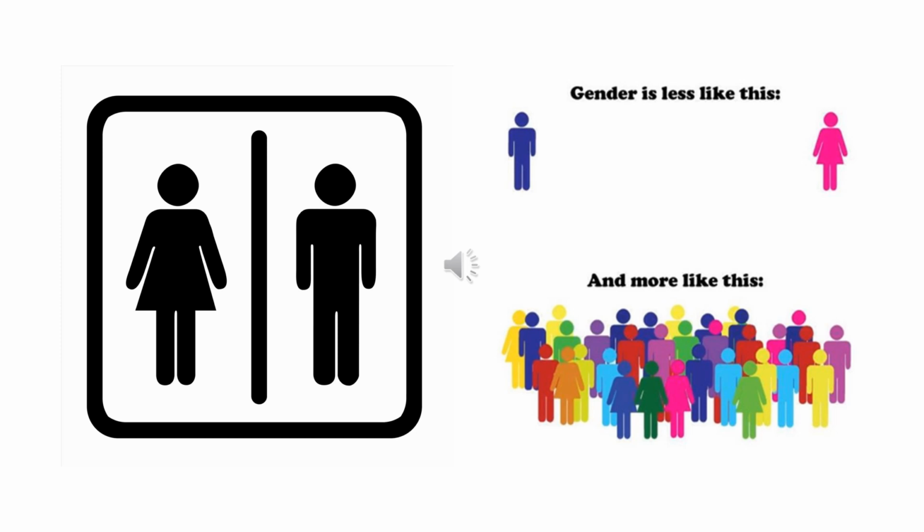So to begin, I want you to look at that symbol on the left side of your screen. Where are these symbols typically seen? Bathrooms. It's totally how we've been told to see gender. Especially for those of us who grew up in the United States, we're very familiar with seeing men wearing pants and women wearing dresses on these types of signs. However, gender is not necessarily static for everyone. These bodies would all look very different and they would move around on a spectrum, more like what you see at the bottom right side of your screen.